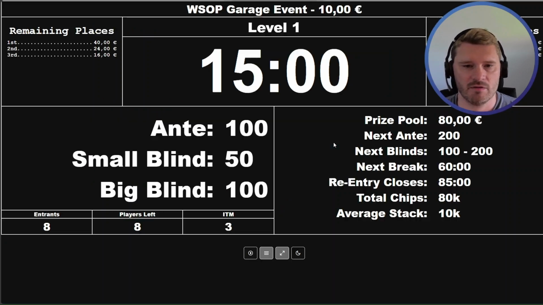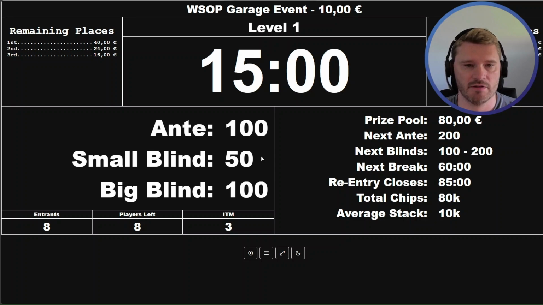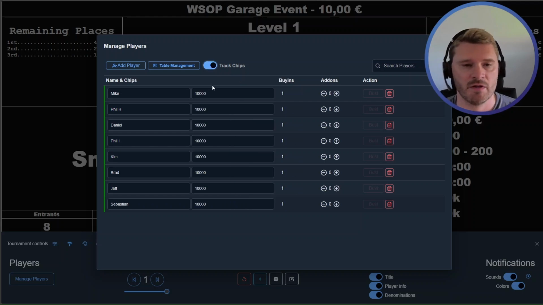Let's go and open it up. You can see it's the default design here you can download in our design switcher. And if I check out the players, I have the usual design here with my players already ready to go. And the new thing here is that you have this toggle on the top here where you can enable tracking of chips. And if you do so, you will get an additional column here in the table where each player's chips are displayed. Of course, since the tournament has not even started yet, all the players have their starting stacks,